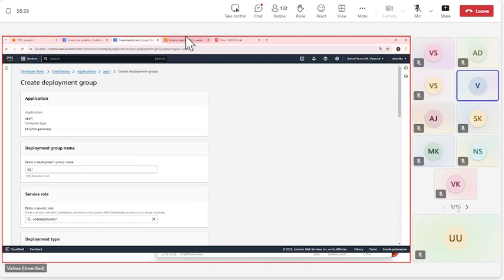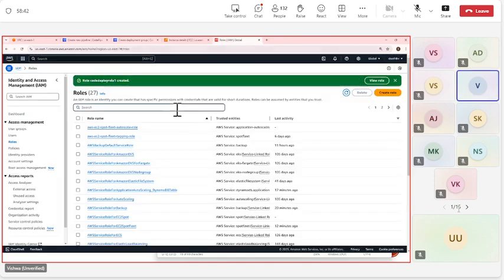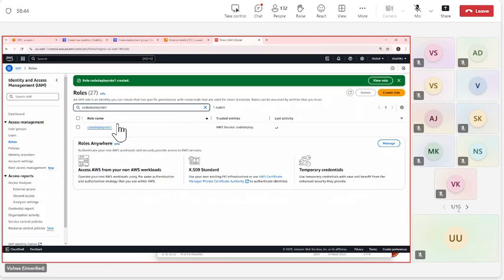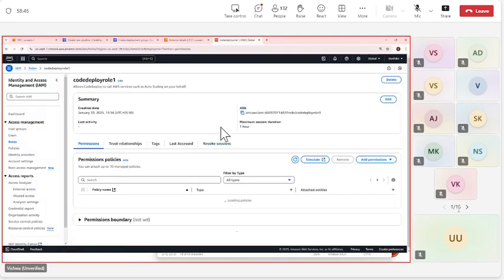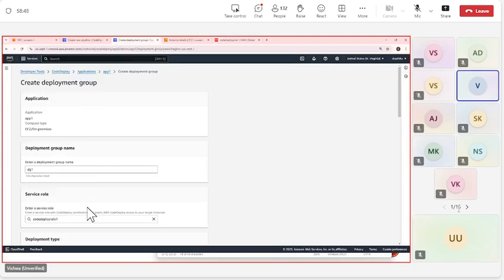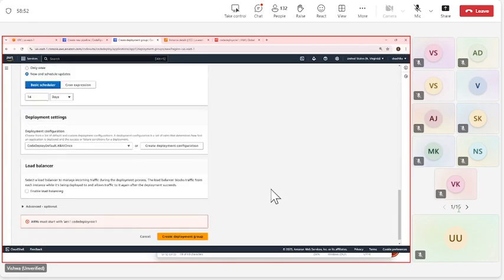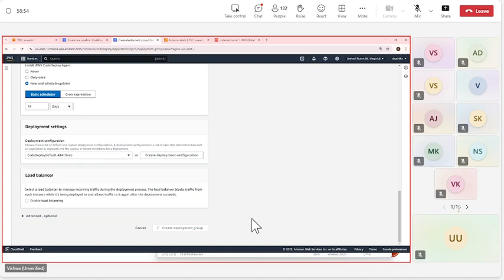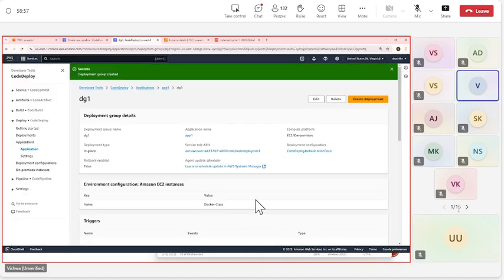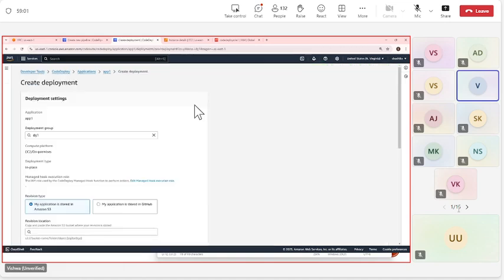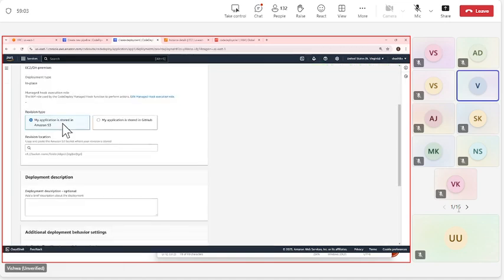Oh, it needs the ARN name. Okay. So the deployment group is created, and now finally create the deployment.